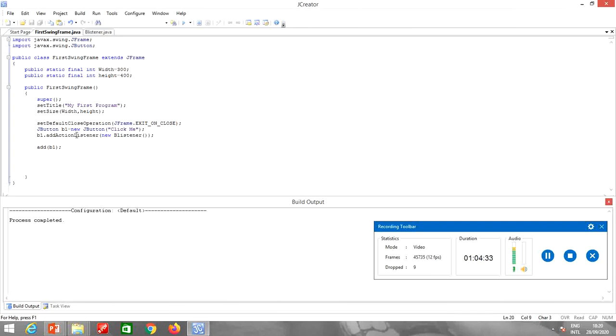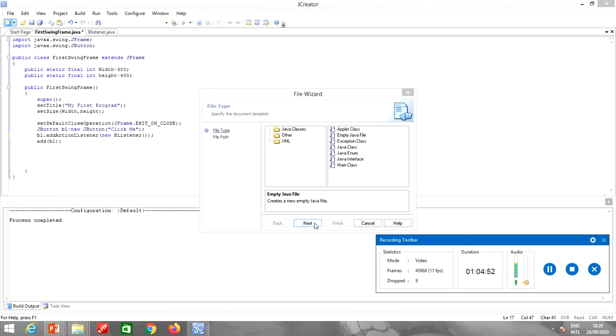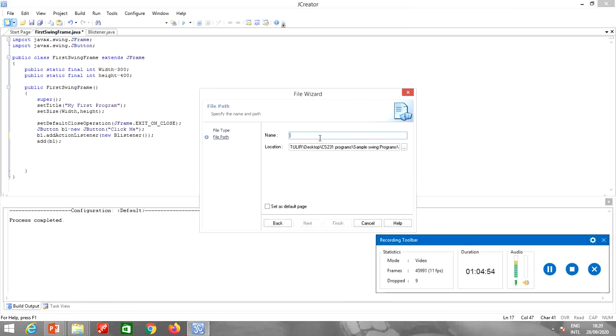Now how to add the action listener? In the bracket, just write new and the name of your action listener class. It will create an object. And then add the button. That's it. Now we need to create our main class because we don't have the main class. So swing demo,